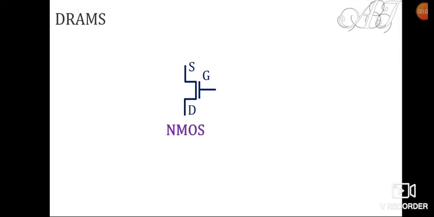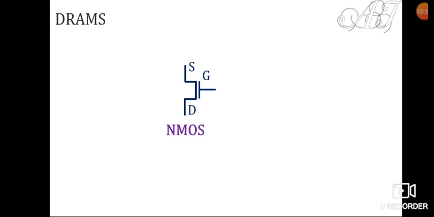So in the previous lectures we have seen SRAM, its read and write operation, its design, and the difference between 4T SRAM and 6T SRAM. Today we are going to start our discussion of DRAMs. DRAM stands for dynamic RAM, and throughout the lecture we'll get to know why it is known as dynamic RAM, what its limitations are, and what its advantages are.